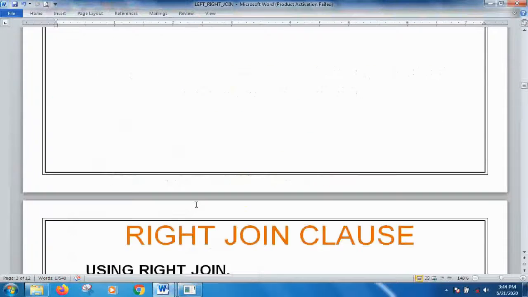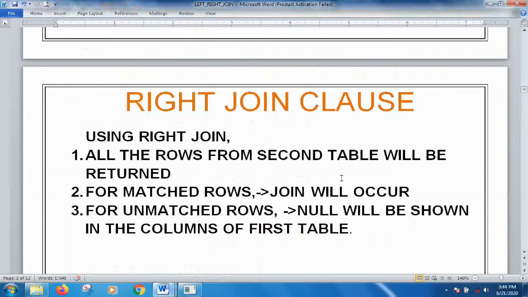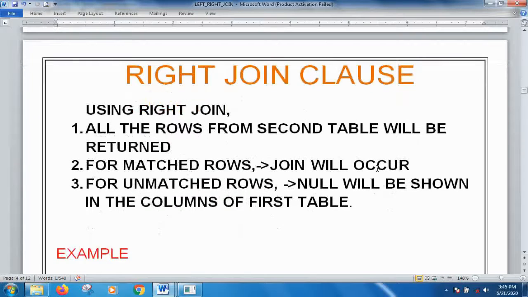Now let's move to the right join. Right join is exactly the opposite of the left join. In this case all the rows from the second table will be returned. For the matching rows the joining will occur, and for the unmatched rows the null will be shown in the columns of the first table.